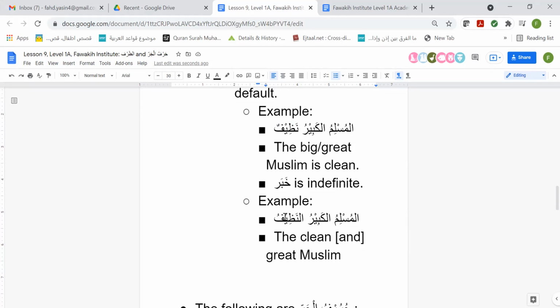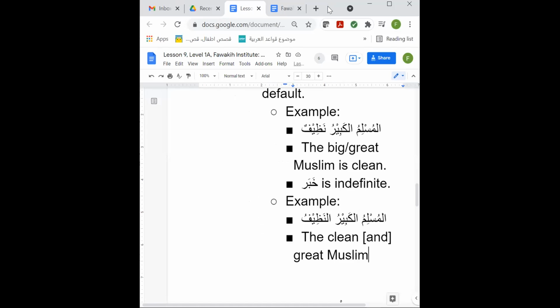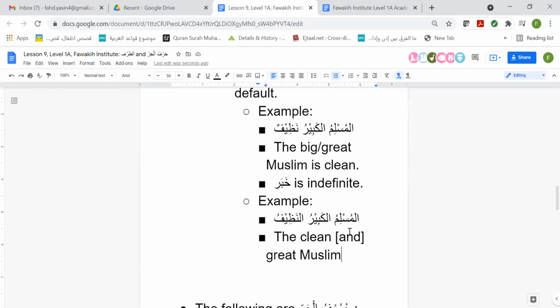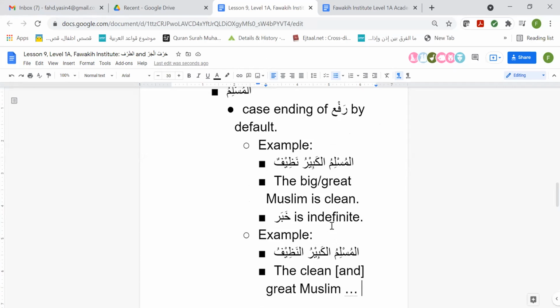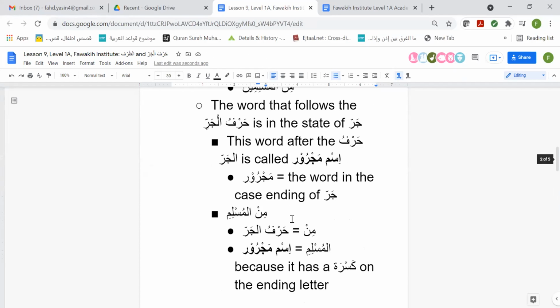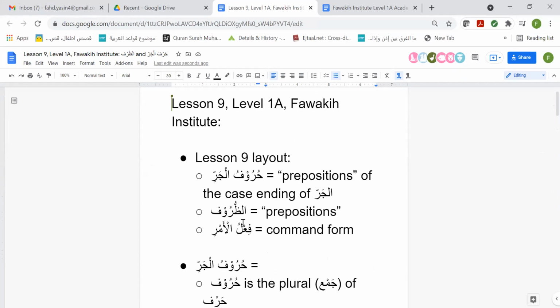Yes, it's not a complete meaning, because when you say al-muslimu al-kabiru an-nadhifu, the clean and great Muslim, the reader or the listener is expecting something more. So you're right. It's not a complete sentence. That's kind of a tangent from the point, but this is good review, because this is stuff that always confuses students, and the more we practice, the better we get, right? The point of office hours is not to throw a lot of stuff at you. It's to solidify what you've already learned in your classes. So, okay, cool. If any questions, let me know. But I'm glad we did that, because hopefully it clarified some more things.